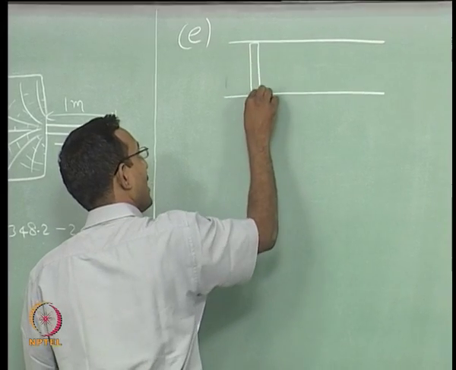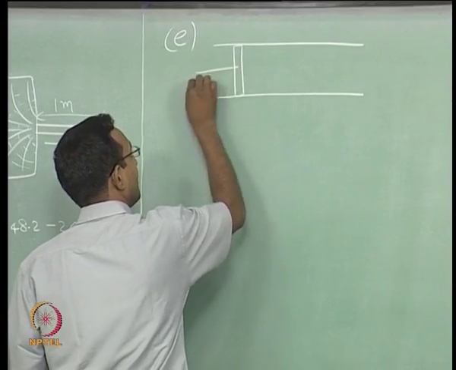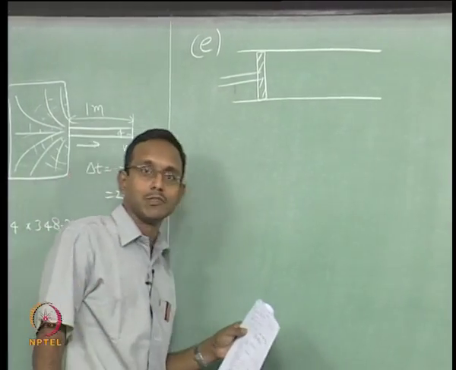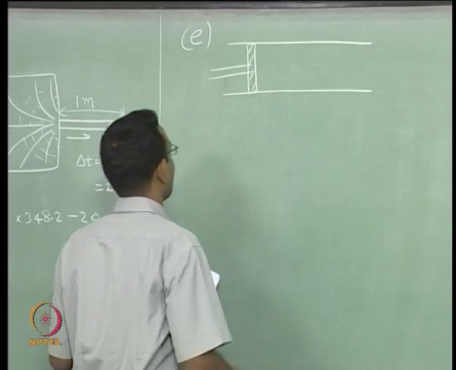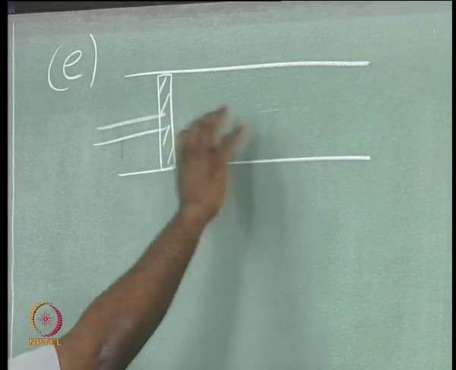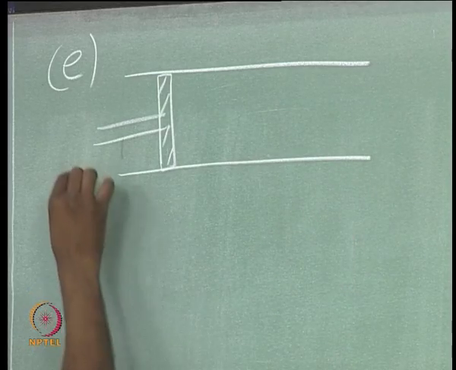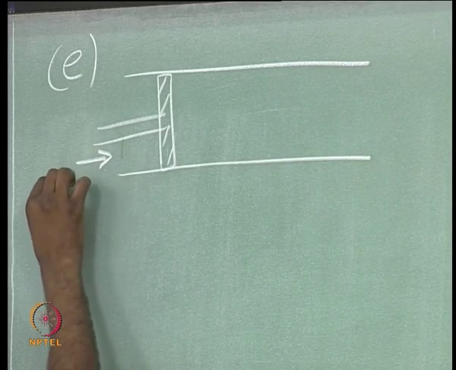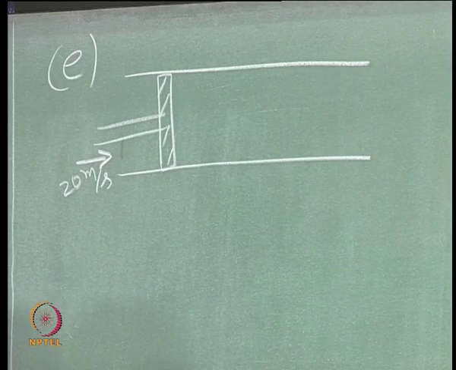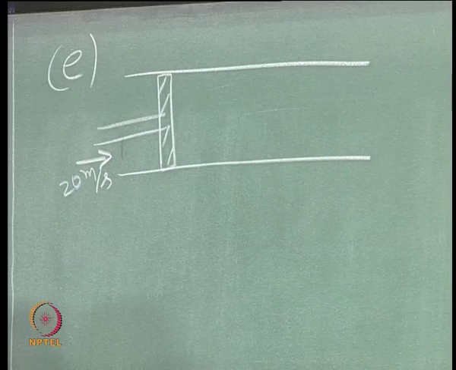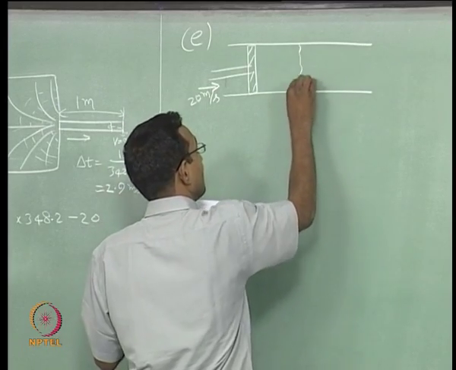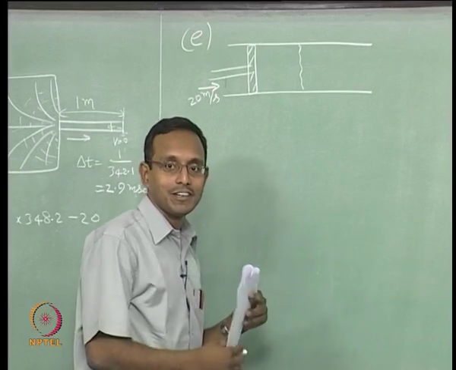So, I am going to have a leak free piston in a duct. There is no leak across the piston, and at time t equal to 0, the whole gas in the region is all at rest, and suddenly it is moving with 20 meter per second. It is moving at very low velocity, it is not very high. But when this is happening, there will be a shock created,